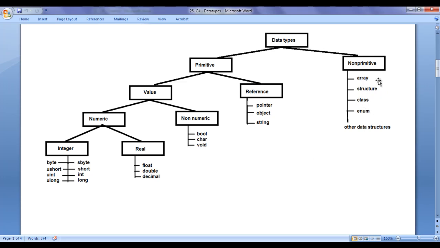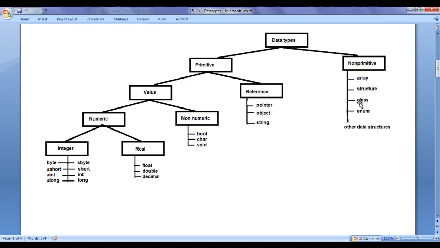Array is used to store and process list of data values. If you want to store and process list of data values, you create arrays, guys. Next we have structure. Structure allows us to store and process record of information. It is used to store and process a record of a student, a record of a faculty. It is also used to store and process different mathematical structures like rectangle, point, vectors, etc.